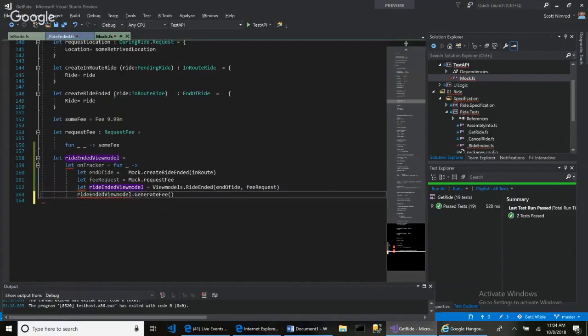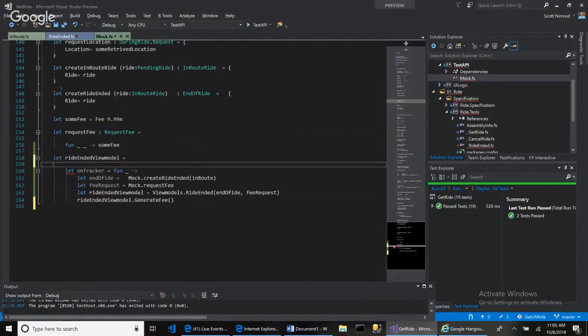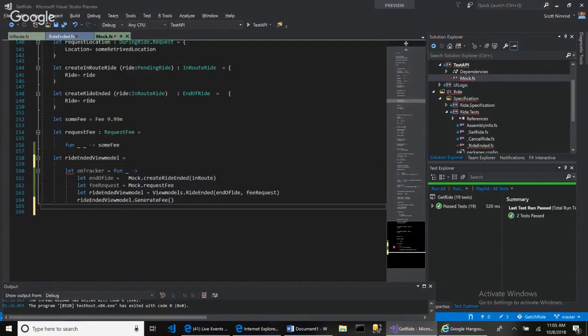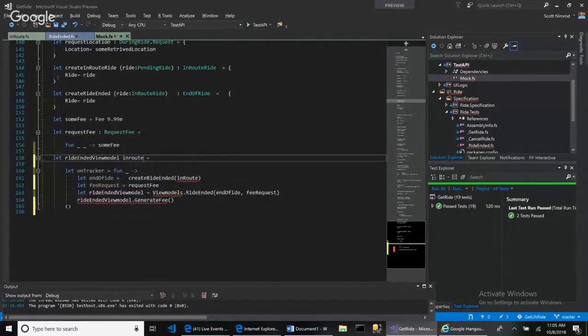And we have this over here. And I don't think that's going to work either. So hold up. Let on tracker equals a function. Okay. Now it's going to be upset because we need to end it with something like this. Okay. And this is going to take an en route as an argument. And this view models here is going to be a